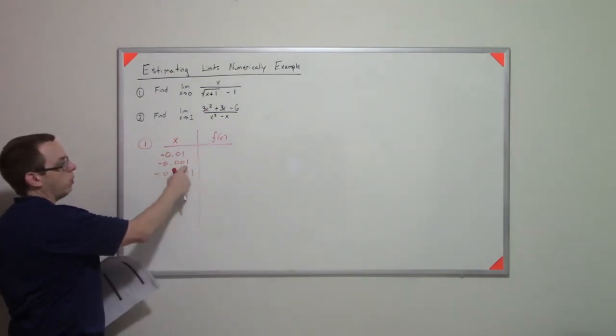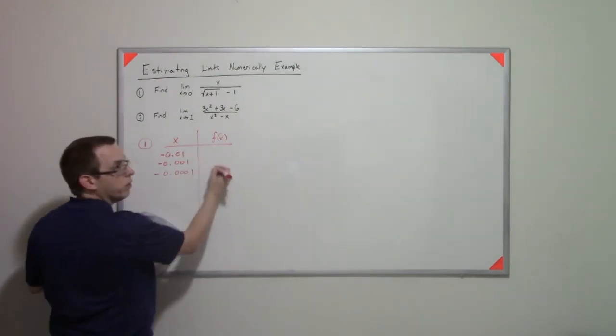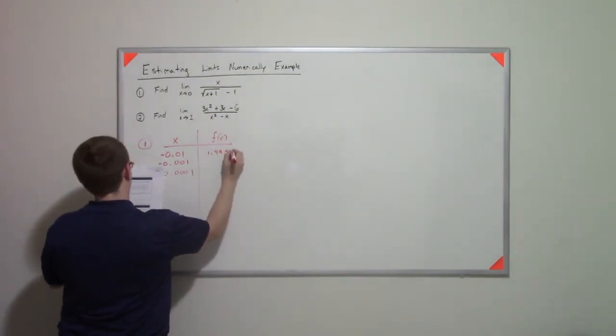So 0.1, 0.01, 0.001, and your value of the function there is 1.99499,